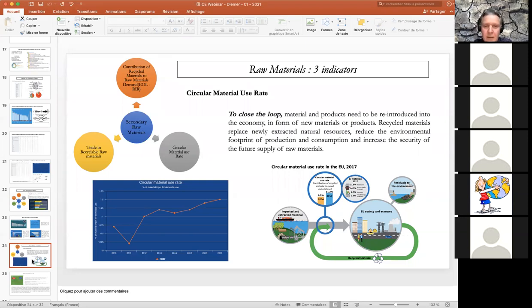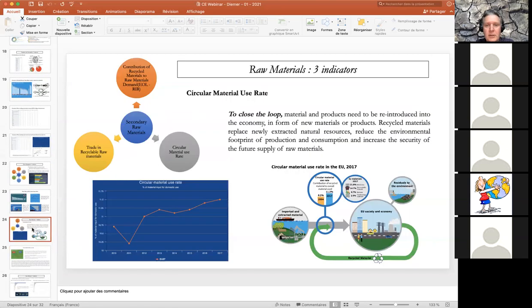So maybe when we say closed loops here, we really need to discuss what closed loops means, how to reintroduce materials and products in the economic process. Because recycling is one aspect, but I will show you, we need to design new activity, new design in the system. And the connection can be very smart to make with which material we import, for example, or which material we can recycle. And I think the city level or the regional level could be very interesting to understand this.